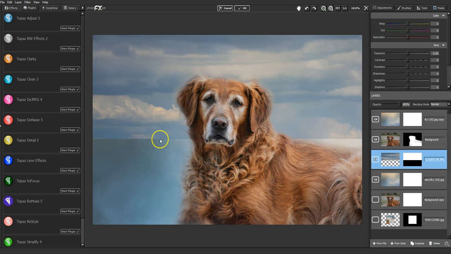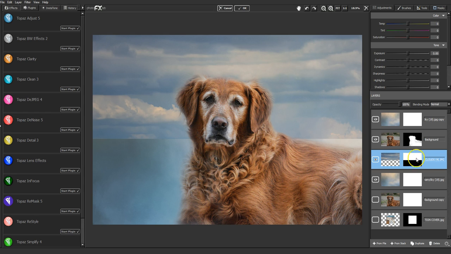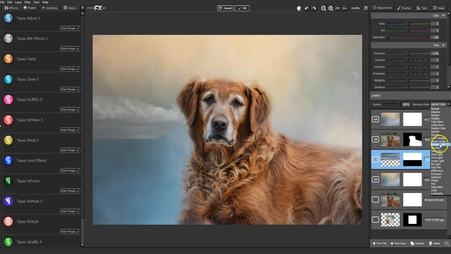Now, as you can see, we have a harsh line here, and we have a lot of blue in the cloud, and I have this gold up here that I want to keep. So the way I'm going to do that is I'm on the cloud layer, and I'm going to take the saturation of the cloud layer all the way down, which gets rid of all color, all the blue color, but leaves the clouds. And now I'm going to change the cloud layer mode to soft light,